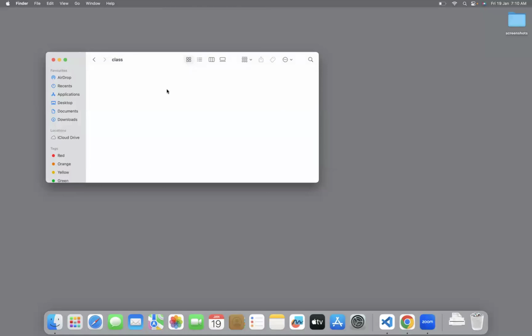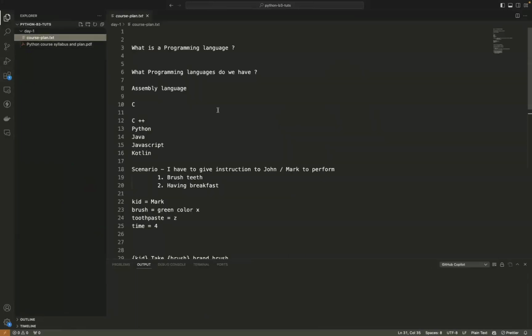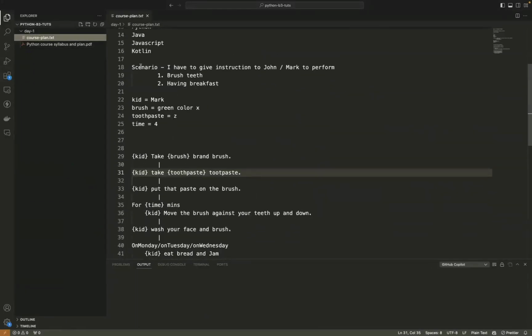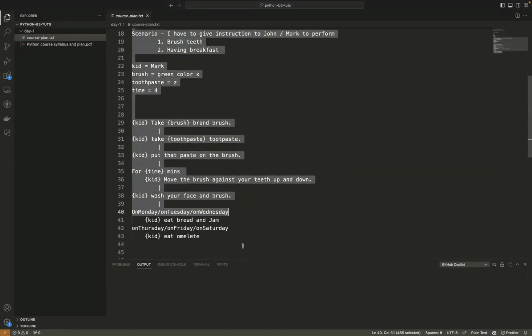This is the folder window in your system. In this folder window, if you want to create a file, or create your own program, yesterday we have written something like this, a scenario. After you write this scenario, you have to execute this program, or run this program. To make it an executable program, we have to save it in your system with some kind of extension.